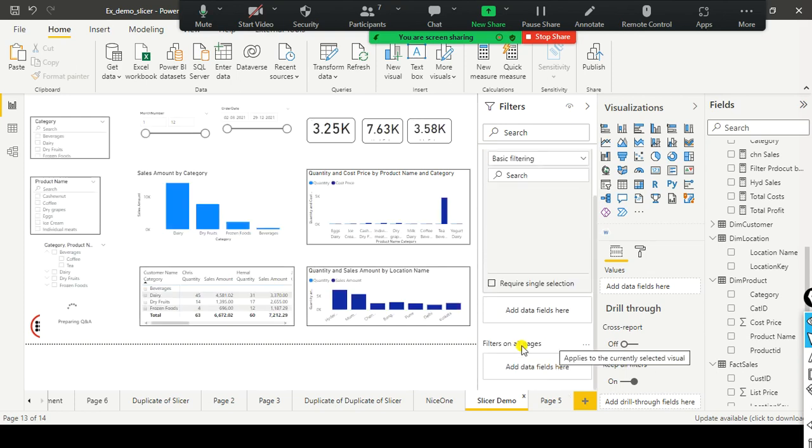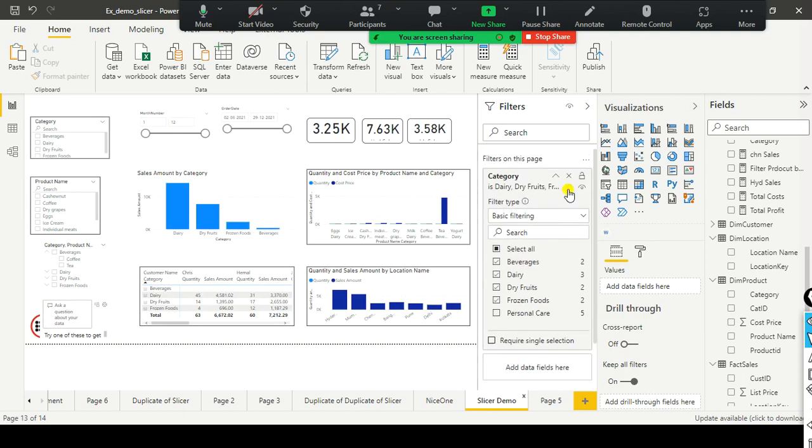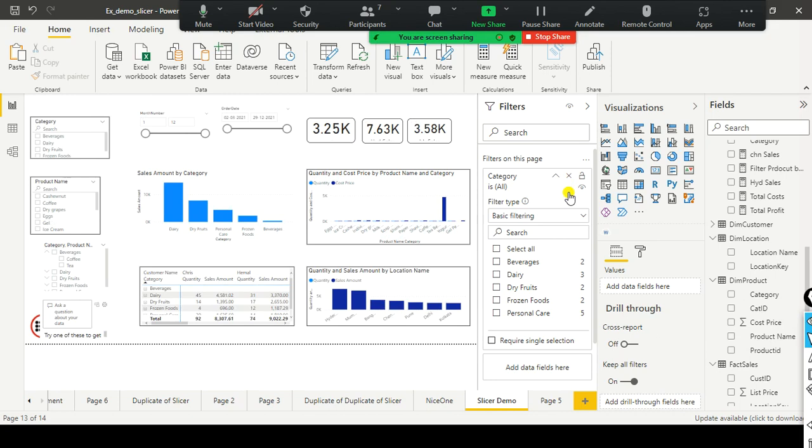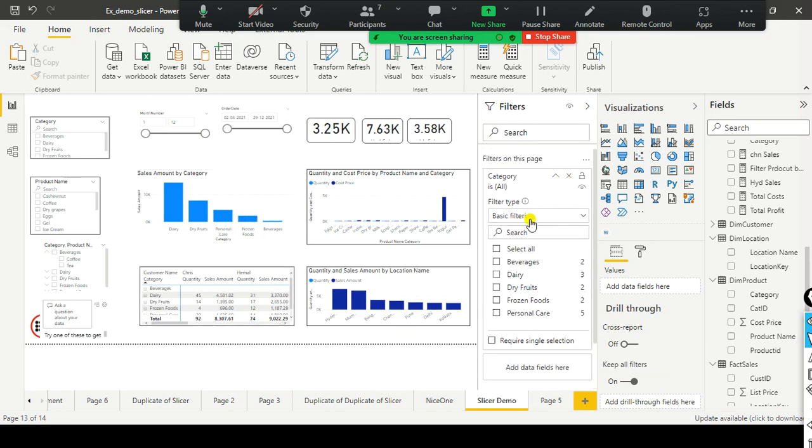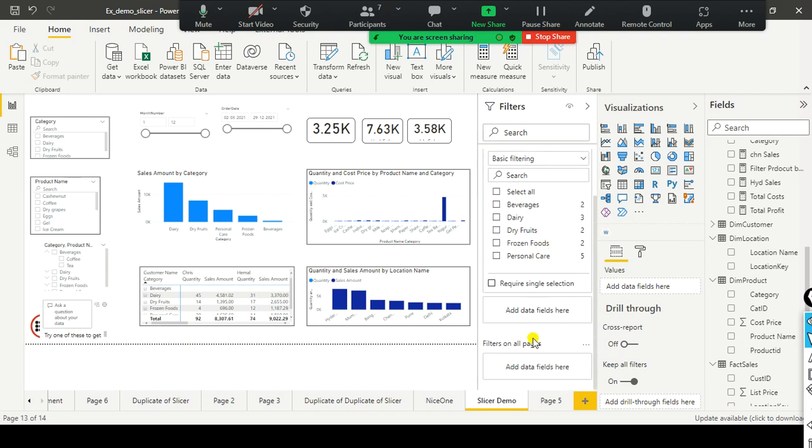Okay, so in that case, what I am going to do is click on this clear filter. Most of my students get confused with this one. They don't clear the filter and then they get stuck and say, I'm seeing some odd values here. Okay, make sure that you are clearing the filter by clicking on the eraser icon. Filters on all pages. Next item,